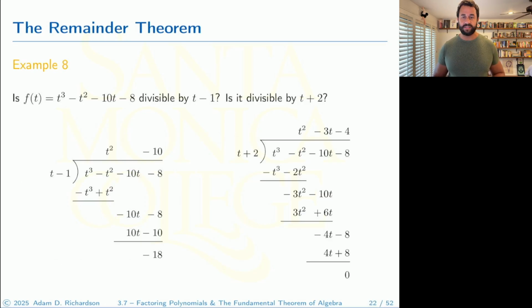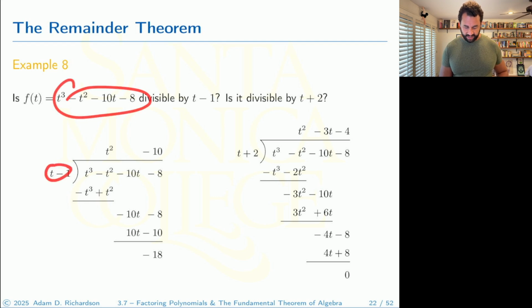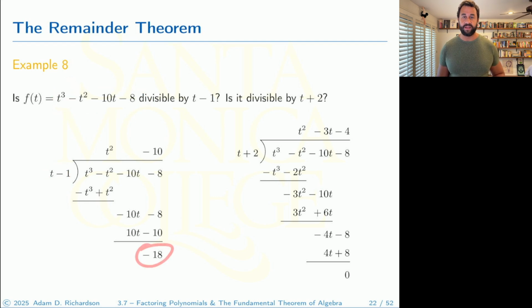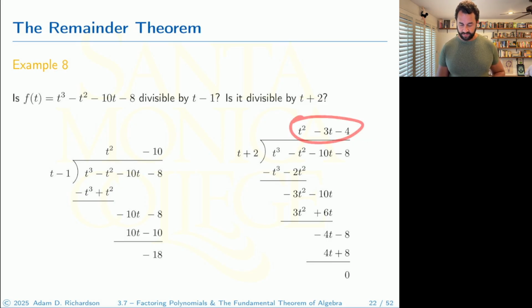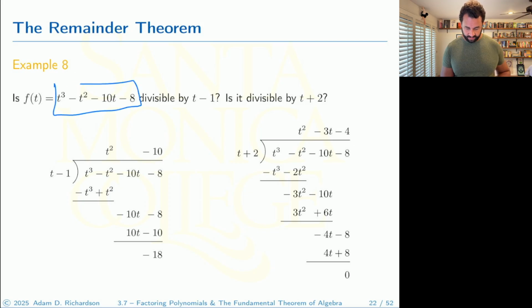Here's the actual process. I computed both of these here. If we divide this by t minus 1, we get a remainder of negative 18. There you go. But if we divide this by t plus 2, we get a remainder of 0, and we get the resulting quotient, t squared minus 3t minus 4. In other words, this thing here is equal to this thing